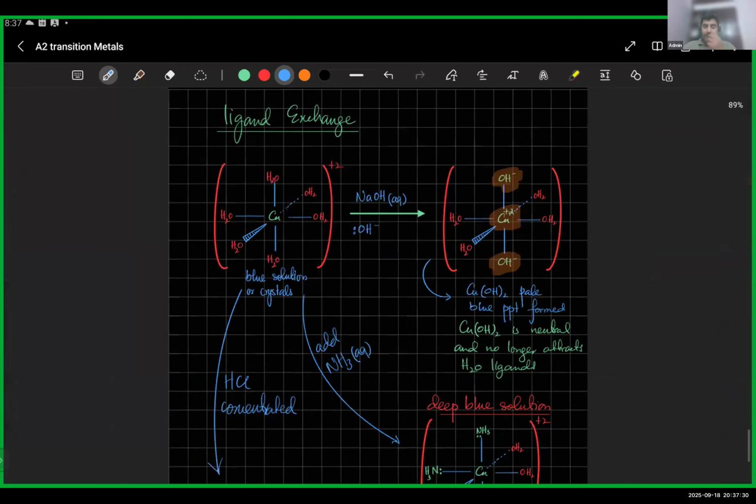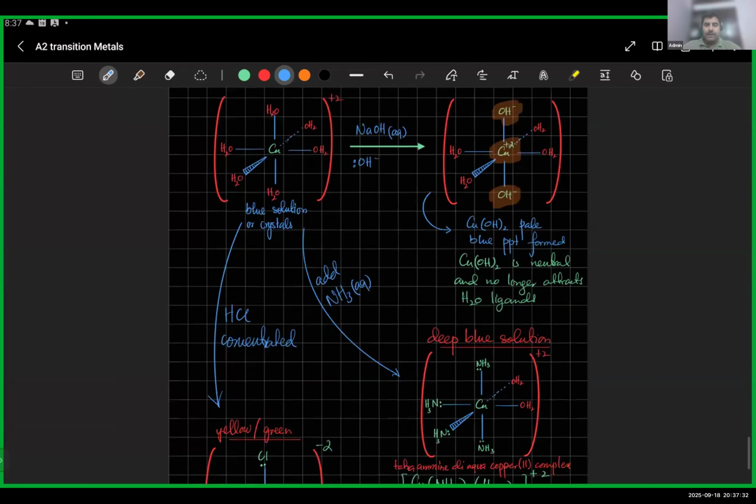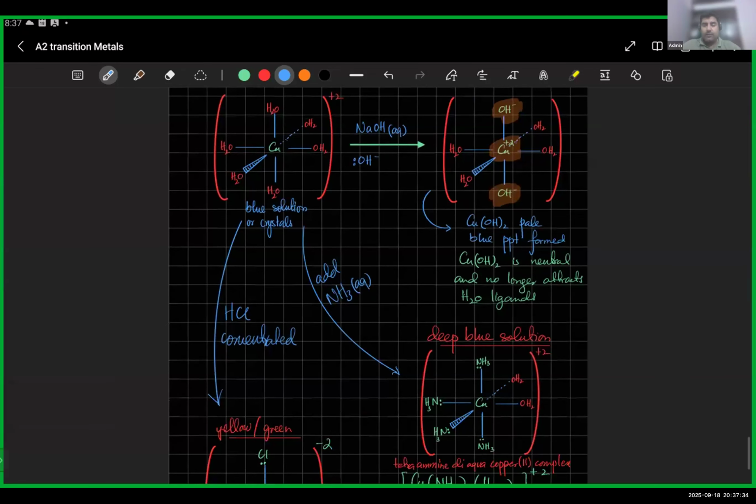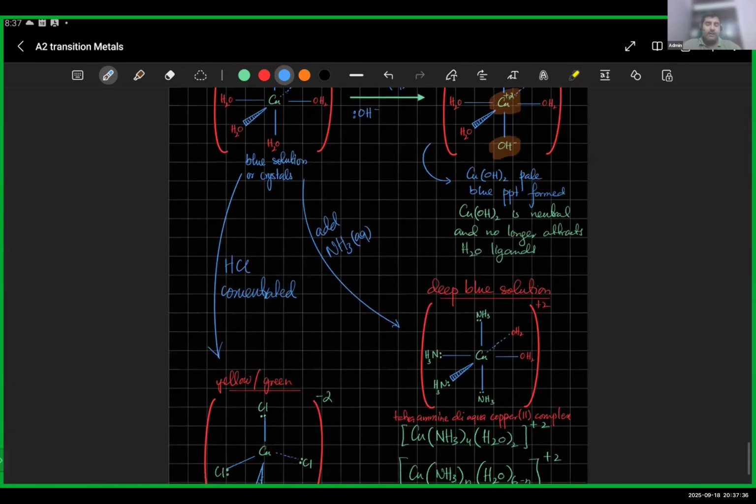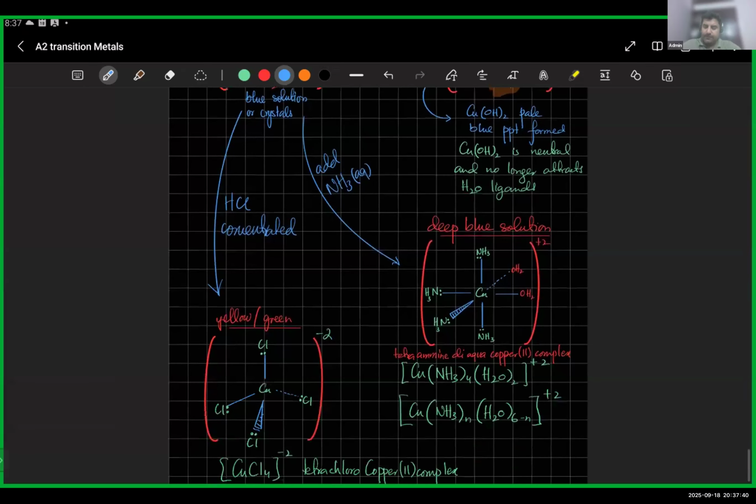Then they turn into Cu(OH)2 if you add NaOH to it. If you add ammonia, the ligands get replaced by ammonia. If you add HCl, Cl starts surrounding it. The important thing is